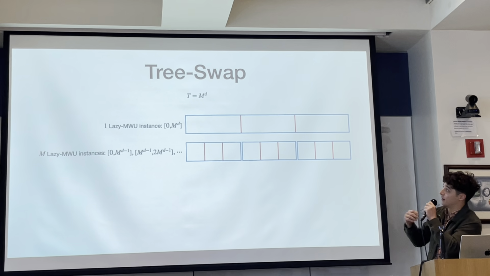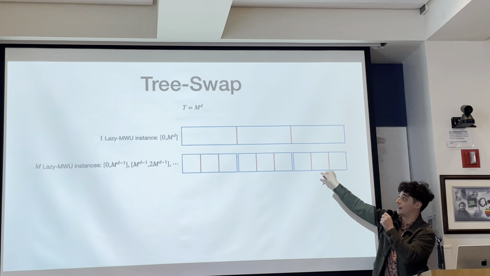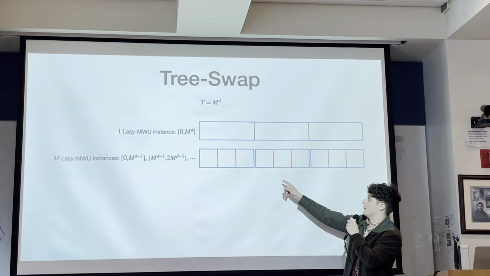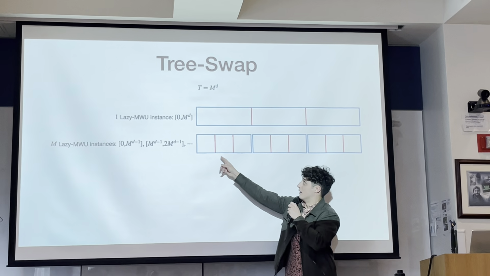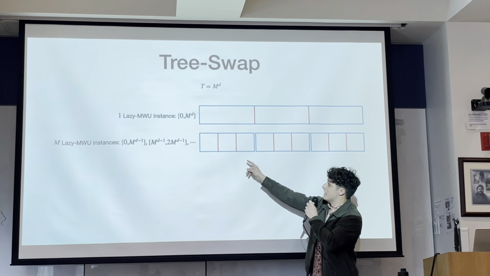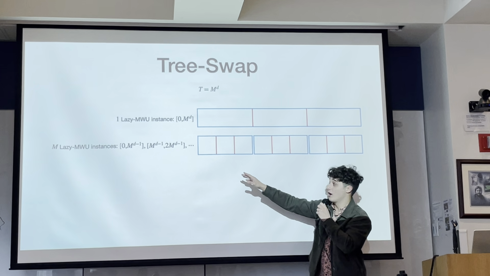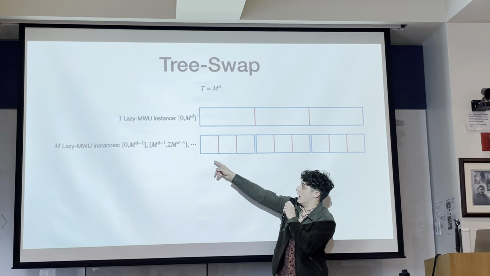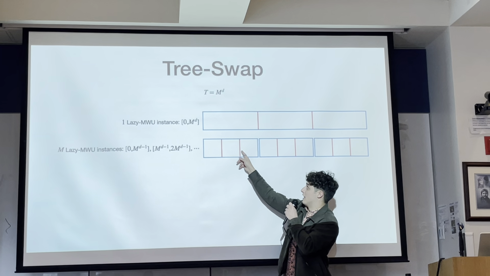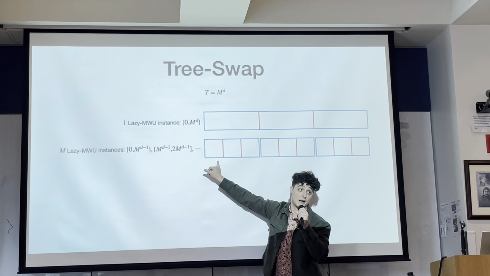We're going to take our time and split it into m pieces. But then each piece is itself going to be an instance of lazy MWU. This piece is of length t over m, and essentially each of these blocks is now of length t over m squared. So how would this algorithm run? We're doing lazy MWU here, playing the same action within this block. We update, play the same action, update, play the same action. Then there's the end of this entire black box instance.